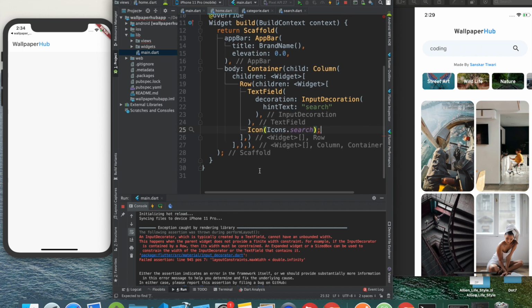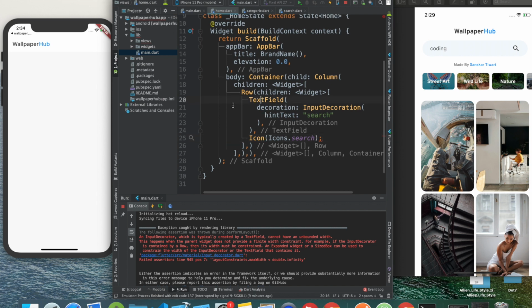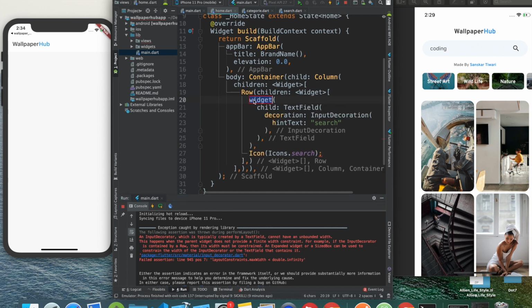Still it's going to show the same error. It's not going to make this visible. So what we are going to do, we are going to wrap our text field with a widget which is called expanded. What does expanded say? So expanded says that it's expanded, right? So expanded means it's going to take as much space as it can. So now if I will save this,